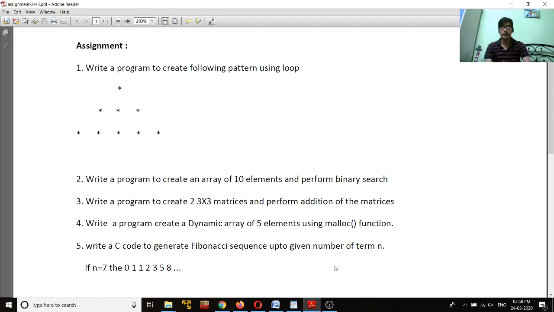Okay, and the final result, whatever you are getting, should be stored into another, third matrix. Okay, so that you have to do for question number 3. Okay, and finally